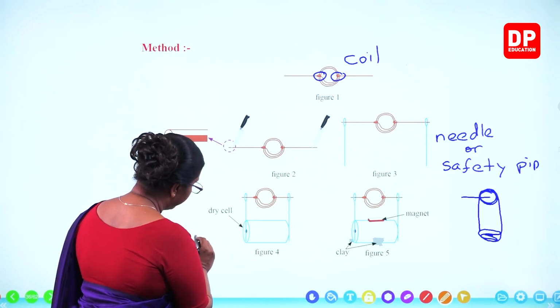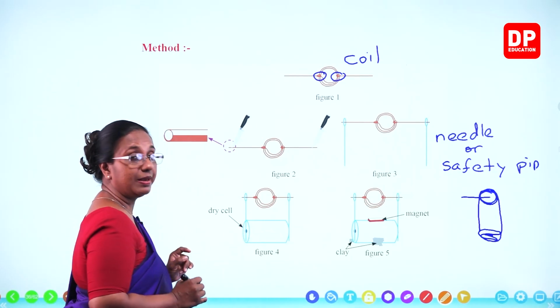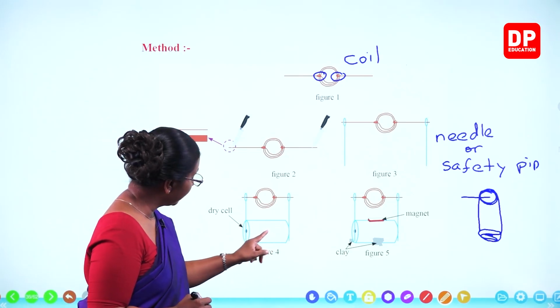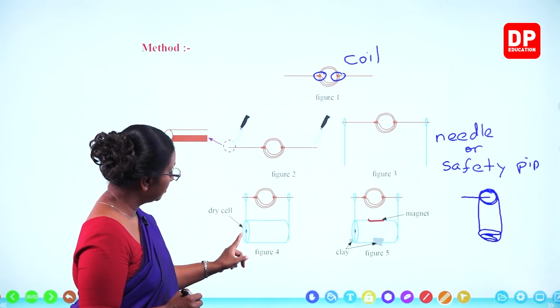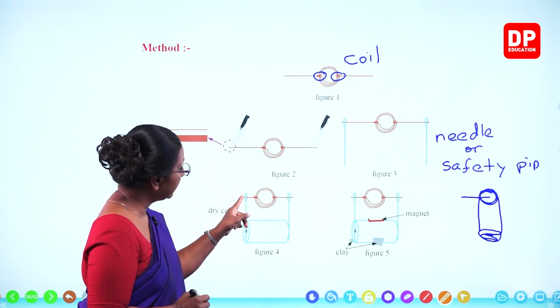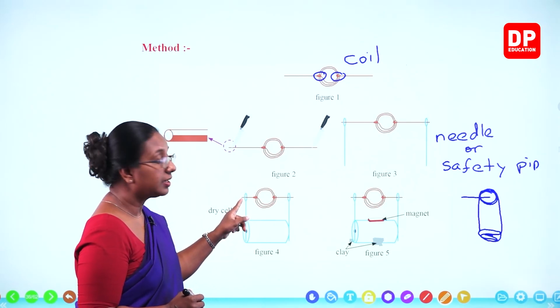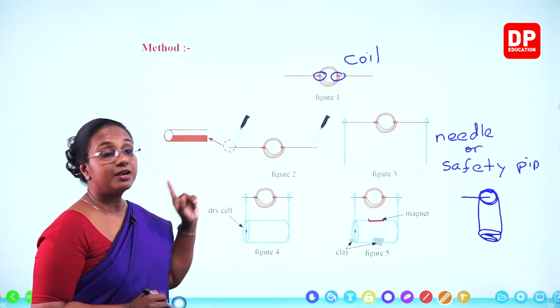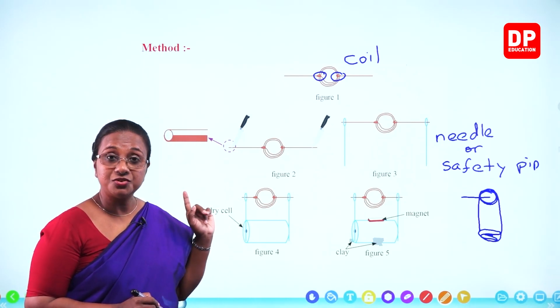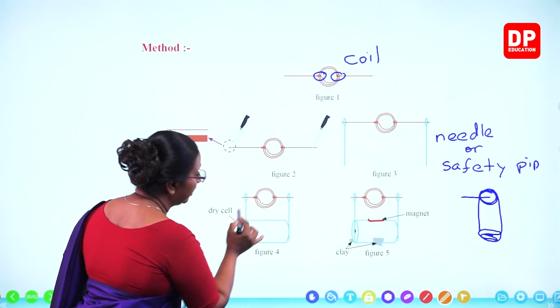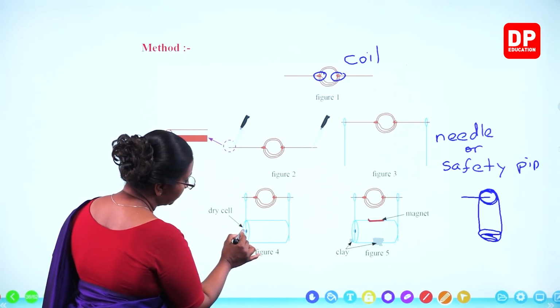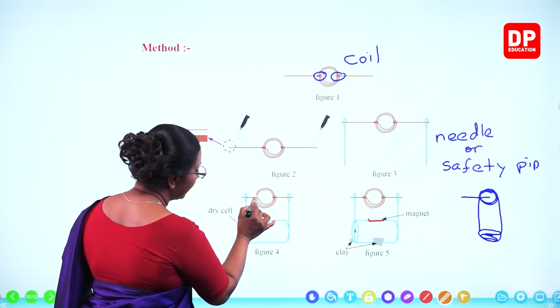And then you have to put sellotape and paste it like that. Is that clear? So now there will be current flowing through this to the needle, and from the needle, when this particular conductor is in contact with the needle, only from the part where the insulation is removed, current will flow into the coil. And let's say current flows, now this is the positive terminal, so current flows this way,